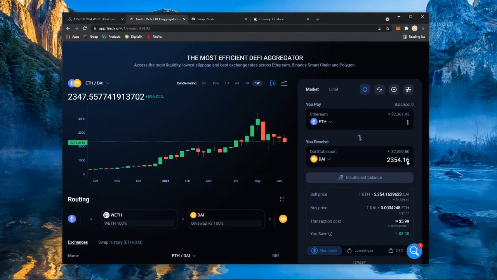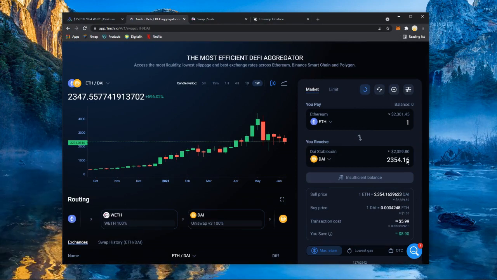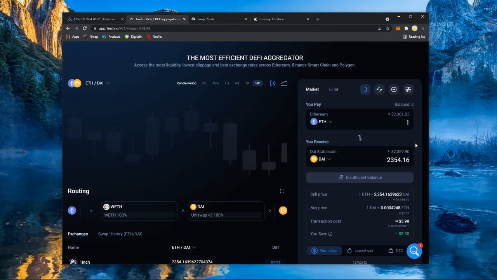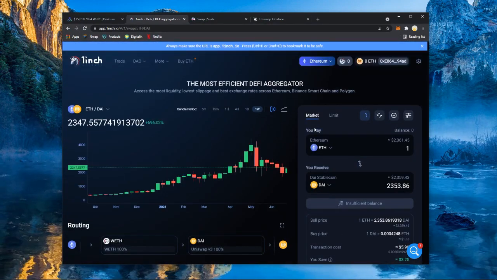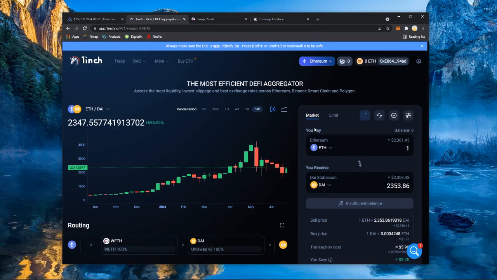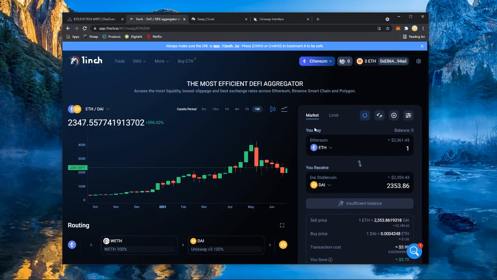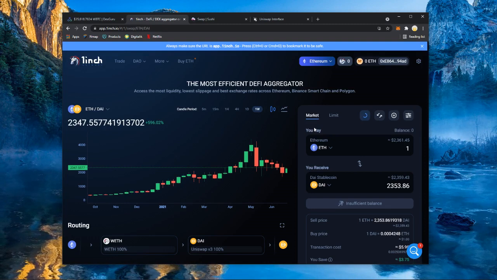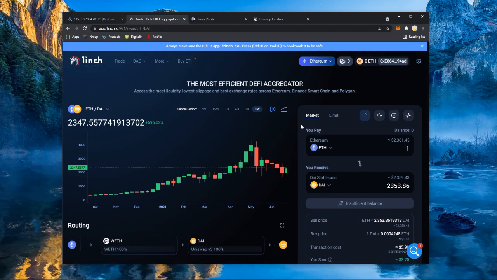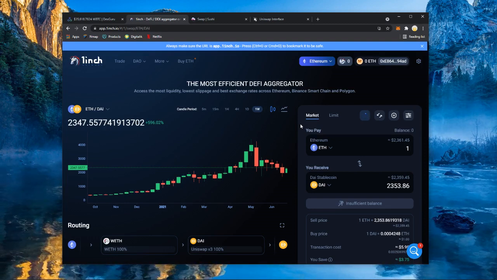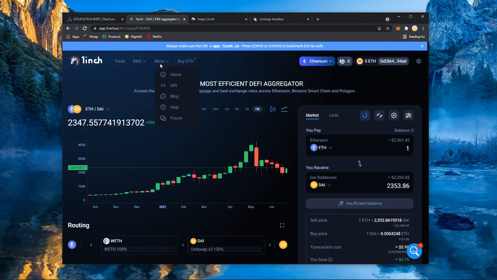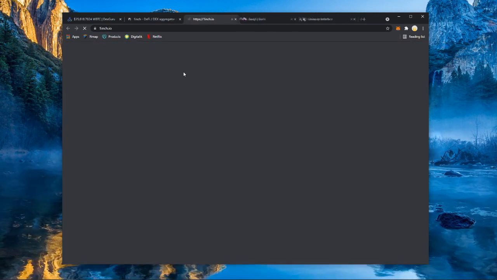As you can see, they told you what kind of permissions they required, so you know exactly what's going on. Since there's so many decentralized exchanges, it can be difficult to find out which one to use. But what's most important is that you make sure the decentralized exchange you're using is safe to use. For example, on 1inch, we can go to the About section,